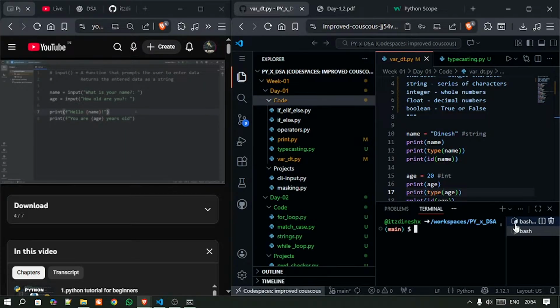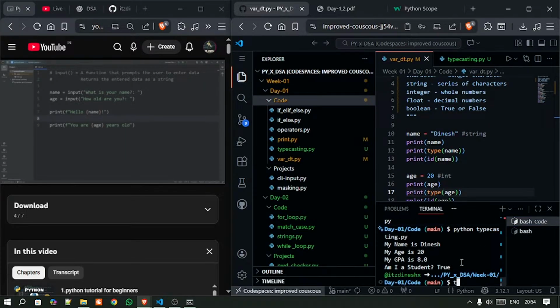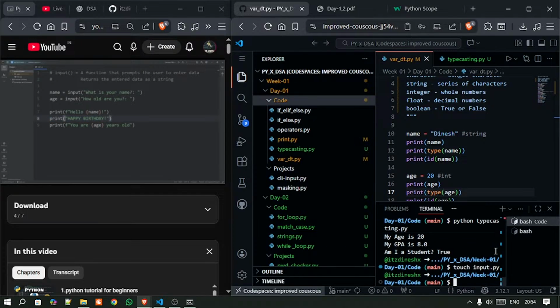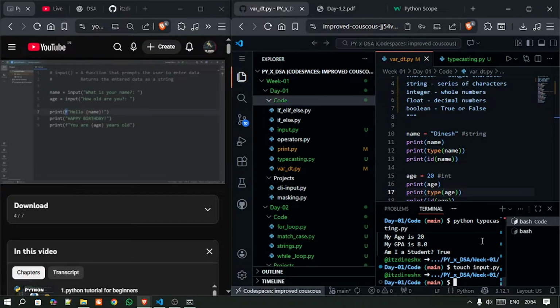All right, so let's say that it's our birthday. Before we print our age variable, let's say, happy birthday. Since I'm not inserting any variables within this print statement, this doesn't need to be an f string. You'll want to use an f string if you want to insert variables. Before we display